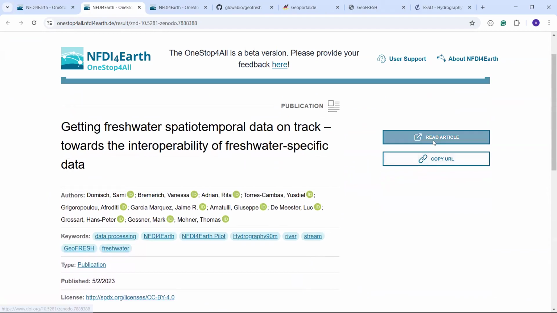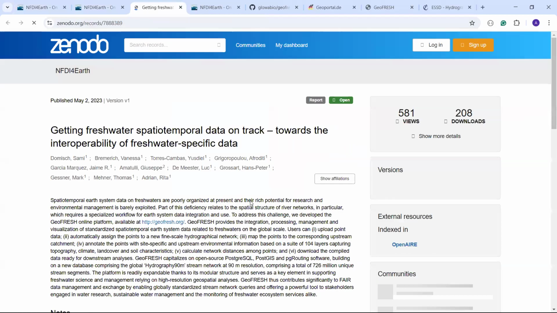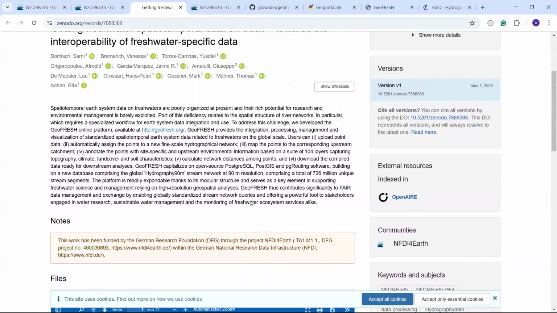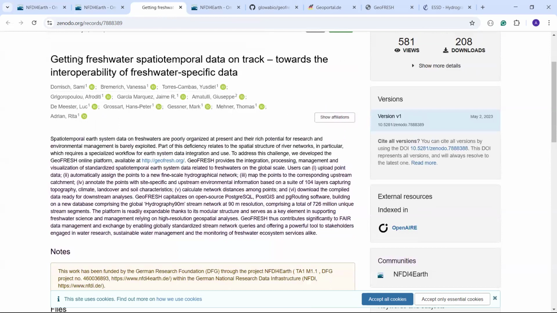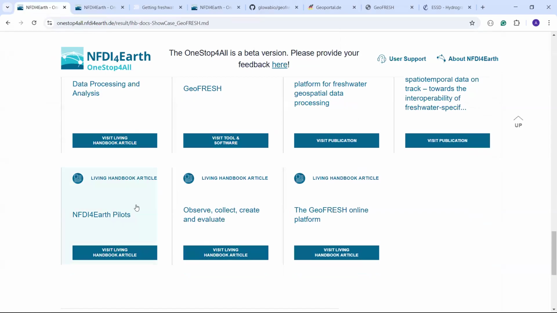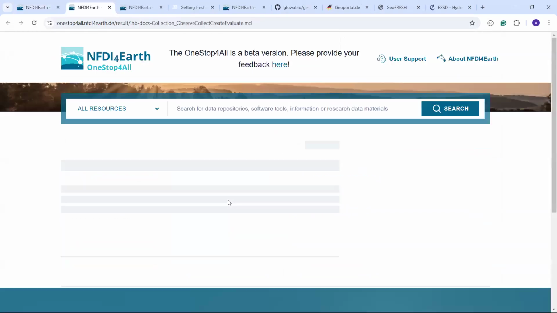And I can look into the publication, which is a report available on Zenodo, documenting the achievements of the project at the end of the funding phase as a pilot. And then I can look into this Living Handbook article,